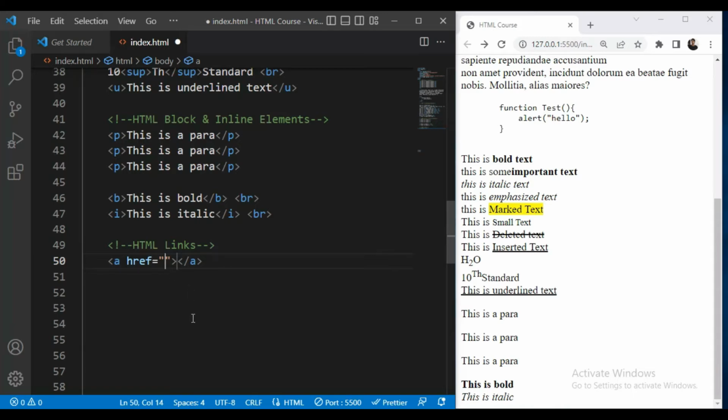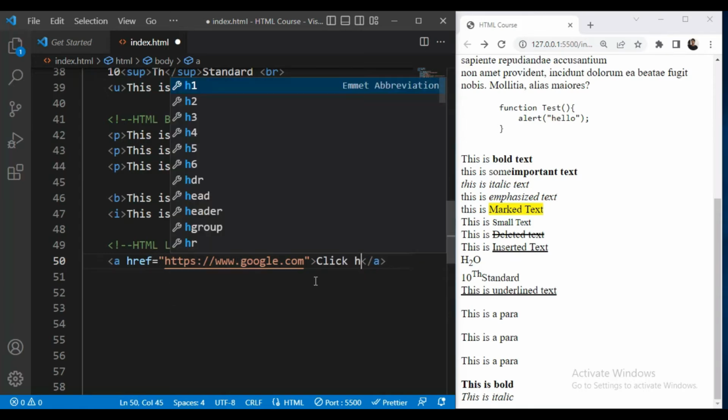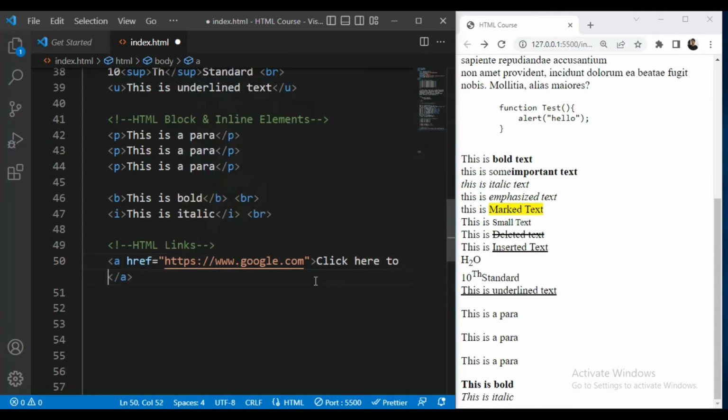So for example, I can write here https://www.google.com, and here we will write the link name or the content. So we will write click here to visit Google.